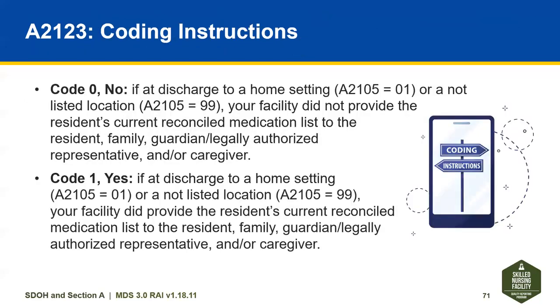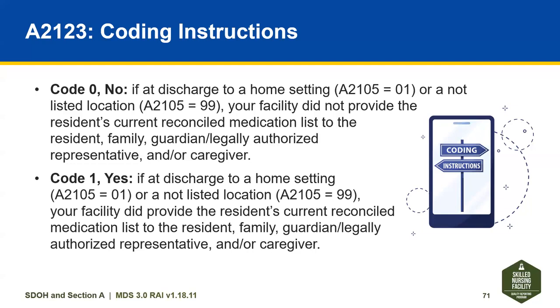So let's look at the coding instructions for A2123. You'll choose code 0, no, if the resident was discharged to a home setting, so A2105 equals 01, or a not listed location, A2105 equals 99, and the facility did not provide the resident's current reconciled medication list to the resident, family, guardian, legally authorized representative, and or caregiver. Or you'll code 1, yes, if discharged to a home setting or not listed location,